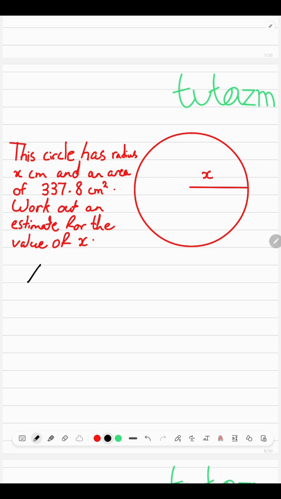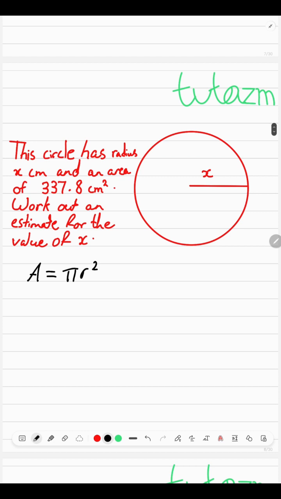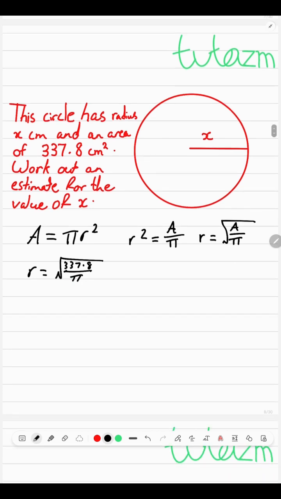Okay, so the area of a circle is pi r squared. We can rearrange this formula to give us the radius, so r squared is equal to the area divided by pi, and r is equal to the square root of the area over pi. Okay, now we can start plugging in some values into the formula. So square root of the area, which is 337.8 over pi,